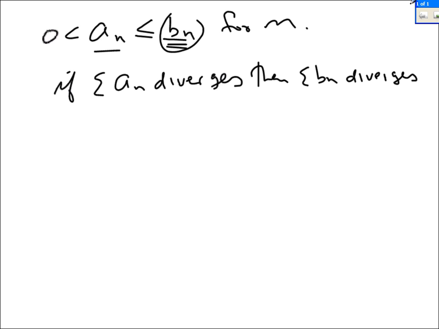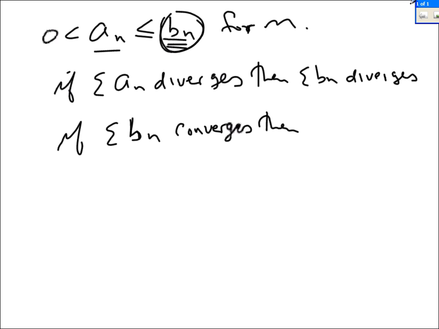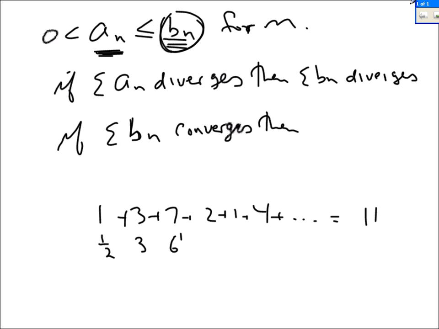But what if B sub n converges? If the summation of B sub n converges, that is, you add up all the B sub n's and you get a finite number like 83 or 19.7 or the number pi, the number e, or the square root of 1903. If the A sub n's are positive, but all smaller than the B sub n's, then how can the A sub n's add up to infinity? If you add up all these numbers forever and ever, and it's 11, and I take smaller numbers but positive, I take a half, it can be 3, 6 and a half,